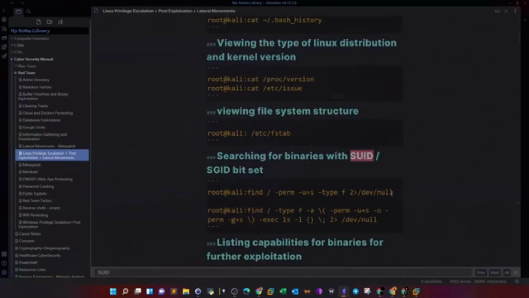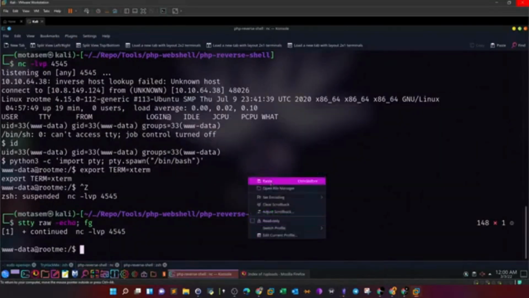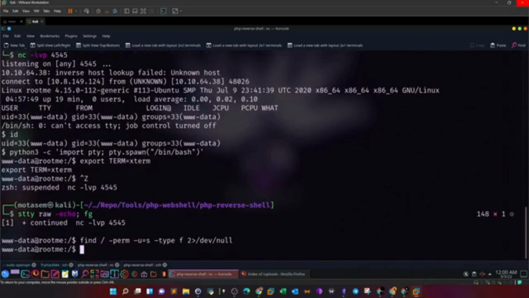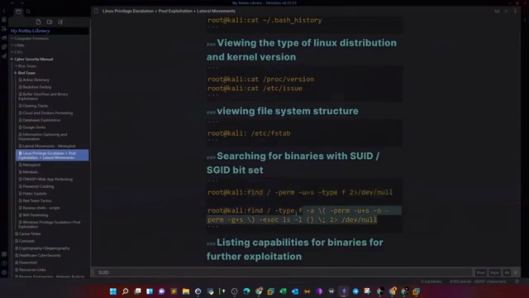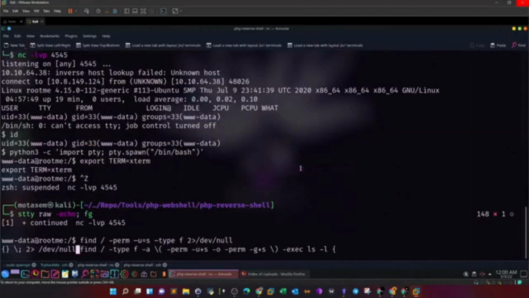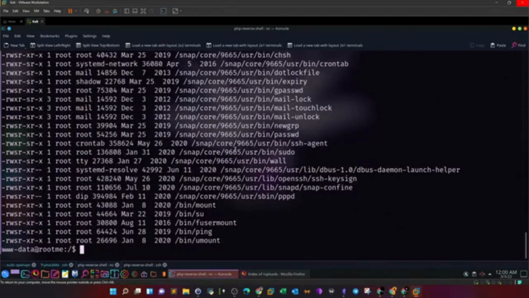So we have two options. Let's take this one. So there is nothing in here. How about this? The first one didn't work. Let's see this one. This one seems working. So we have a couple, as you can see, of binaries that have the sudo bit set. Long story short,